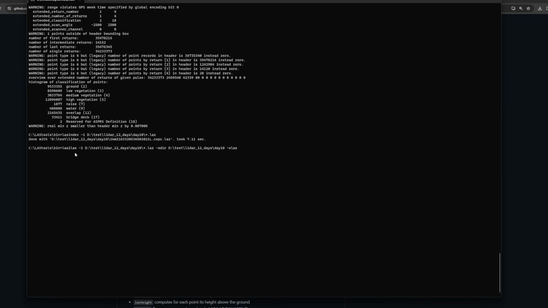If I was doing this on a lot of tiles, I would want to do that. But our input is defined here. Our output directory is defined. I'm going to put it in the same spot, and I'm going to export an uncompressed LAS file. We're going to let that run. This might take a moment, but that's okay.